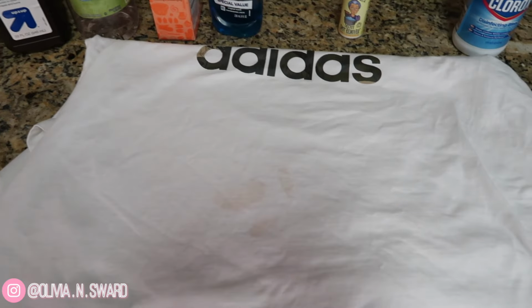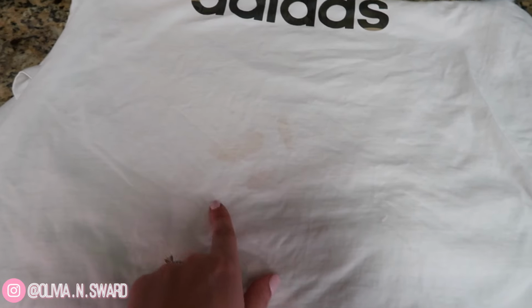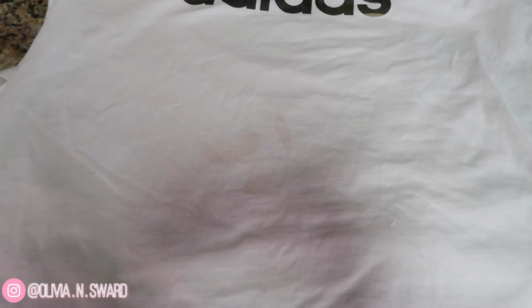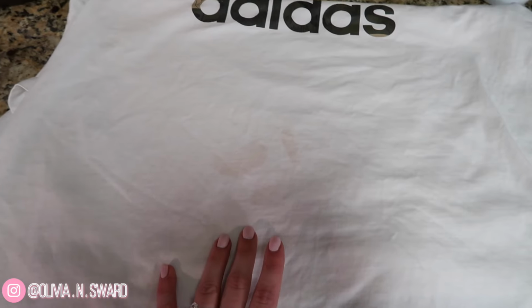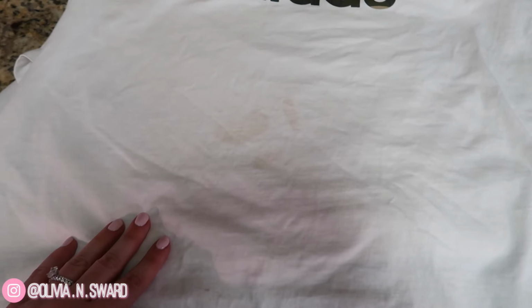So as you guys can see, I have one of my husband's white t-shirts here, and there is a set-in stain right in the front. He doesn't know what it is and he doesn't know where it came from, and I obviously have no idea what it is, so it does make it a little bit more difficult to treat. This was originally thrown in the hamper. It was washed and dried, and when I was folding it, that's when I first discovered that there was a